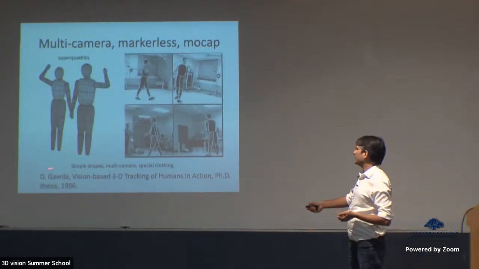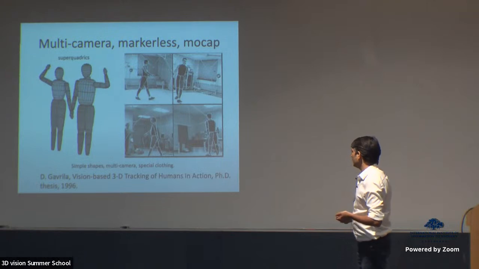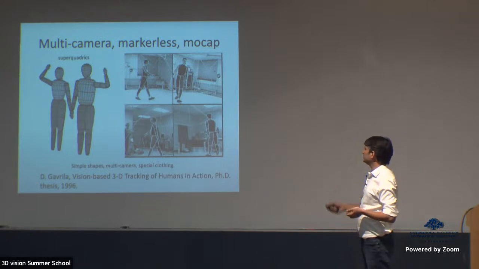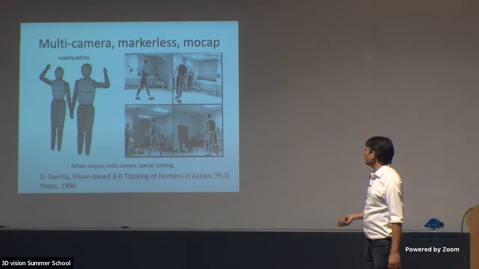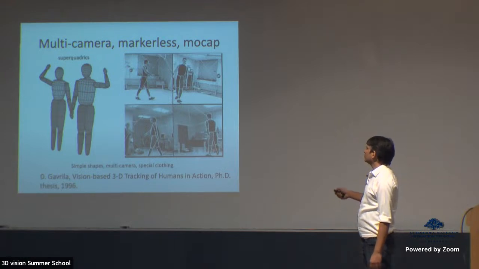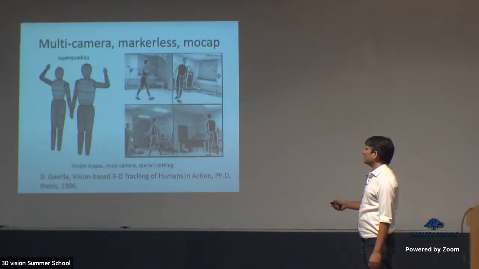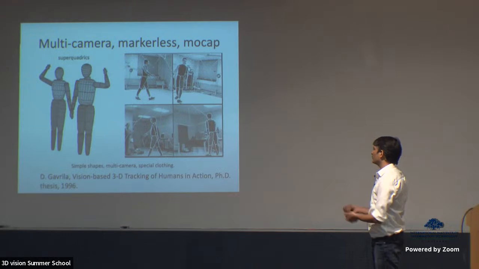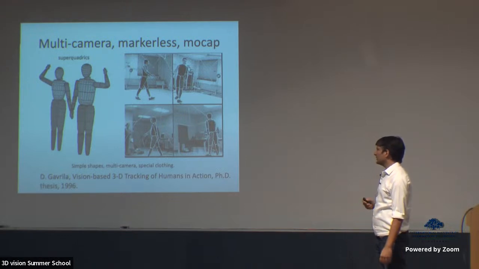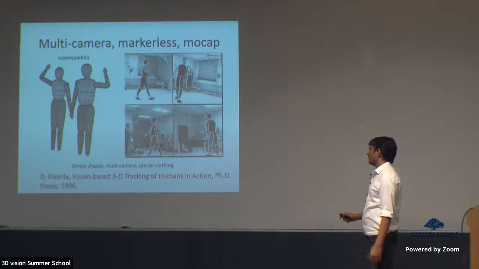Then there was some work by Gavrila et al. His PhD thesis was, I think, seminal, in 1996 already. So here you see that there is this indoor space, and he had these humans made out of superquadrics. So you can already see that this kind of looks like a woman, this kind of looks like a man. The cylinder doesn't look like a man or a woman, right? But here it kind of does. And this was a fully differentiable framework for optimization. So it was pretty cool mathematically what he had developed, but it was still simple shapes, multiple cameras, and special